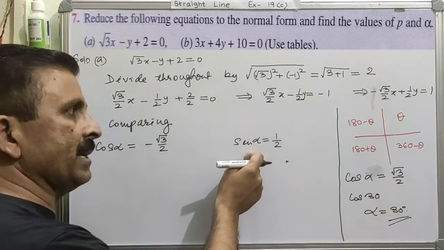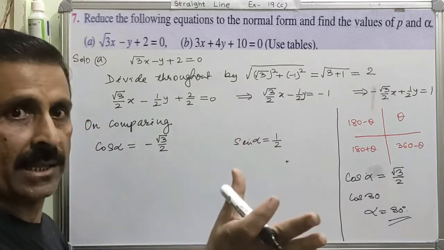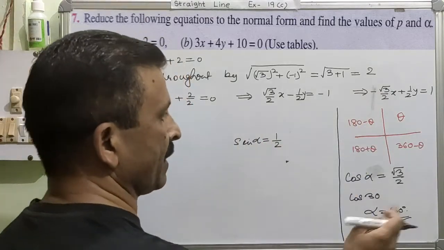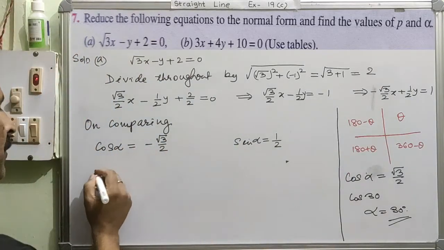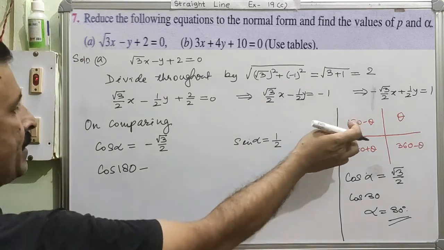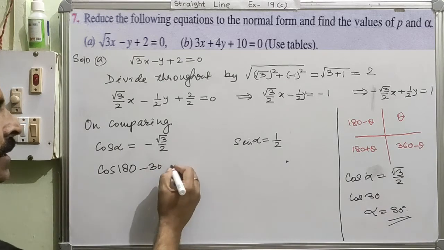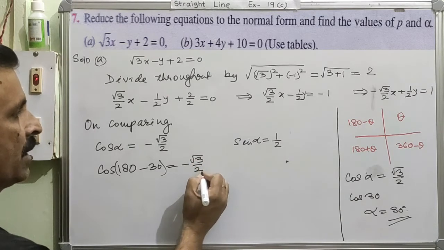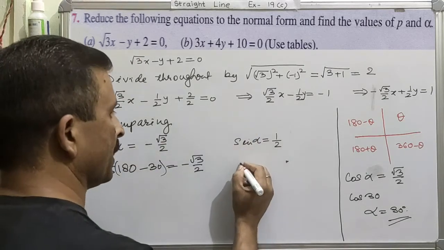Now with cos you also have sine. So you have to take this together. So in which quadrant do these both things happen together? Sine positive and cos negative. So that is happening in the second quadrant. That means your angle, this alpha, will be written in terms of 180 minus theta. So we will write this as cos of 180 minus theta, which means alpha, and alpha you have calculated as 30 degree. So we will write this 30 degree. Am I clear? And then this will give you minus root 3 over 2. And since both the angles have to be same, here you got this 180 minus 30, so this also has to be in the same term.